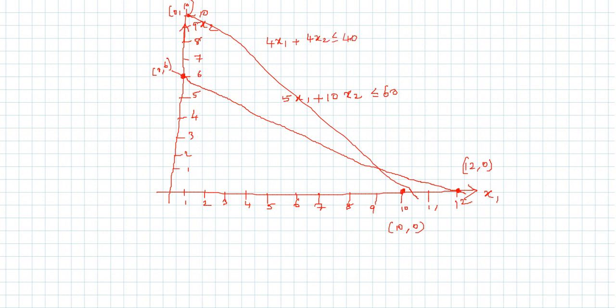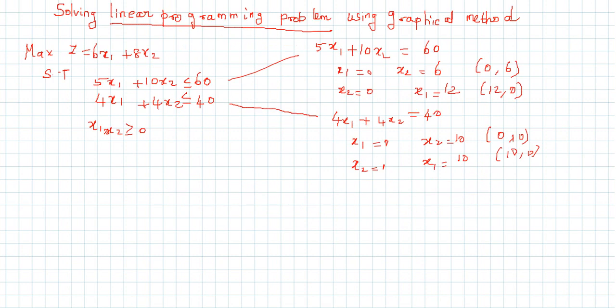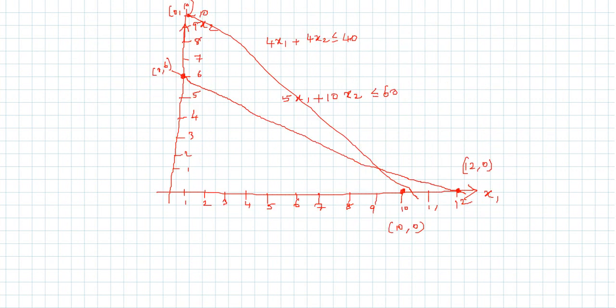Now we have to identify the feasible region. That will be step 3. Step 1 is to calculate the values for x1 and x2, step 2 is to construct a graph, and step 3 is to identify the feasible region. For calculating the feasible region, normally if it is a less than or equal to constraint, any region below that line will be a feasible region. Similarly here, for less than or equal to 60, any region below it will be feasible. The intersection of the feasible regions gives the result.